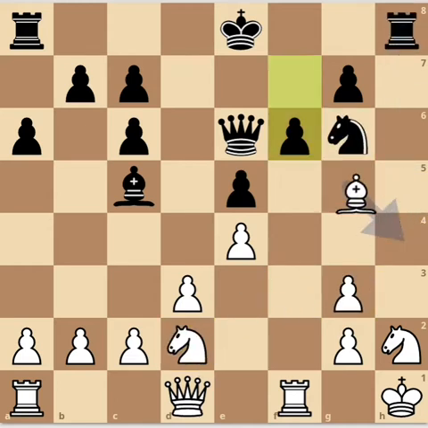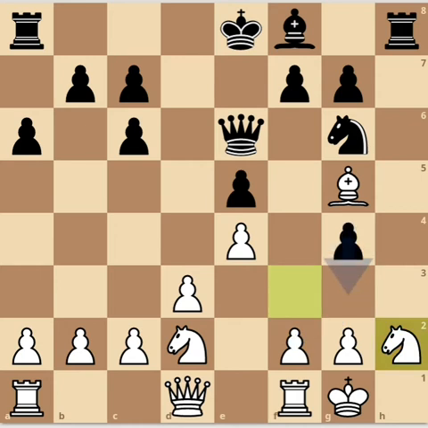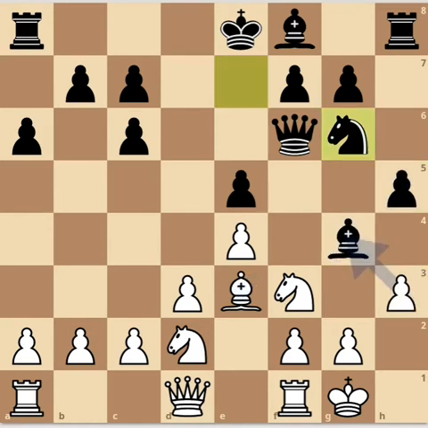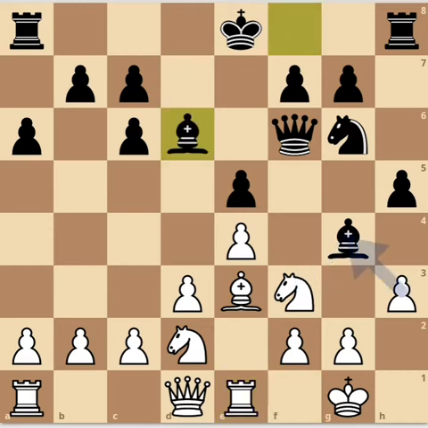But I did not play into this line because it was a little bit complicated. I went ahead and played something that was a little bit more simple. After knight takes, I moved my rook over. And this is where we have a little bit of equality after takes. But black blunders completely,